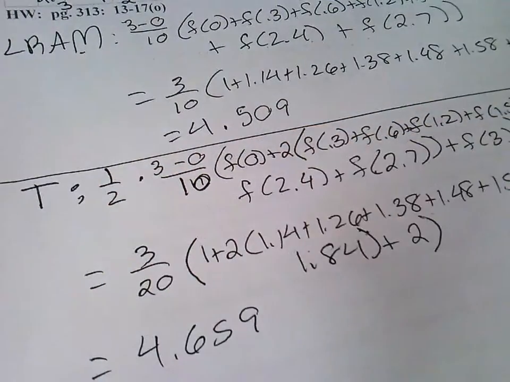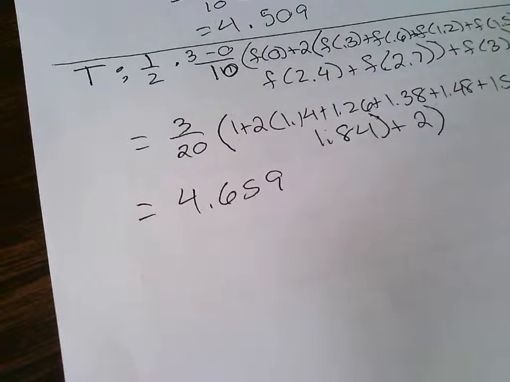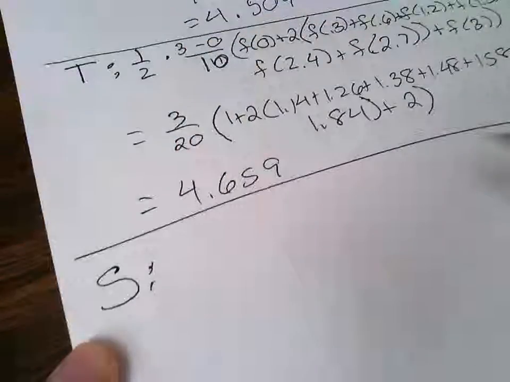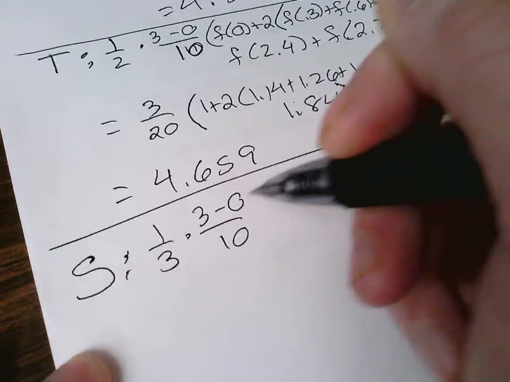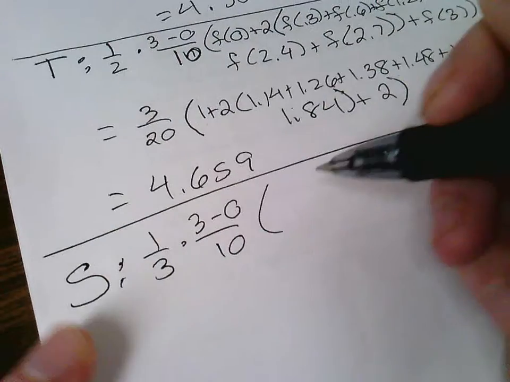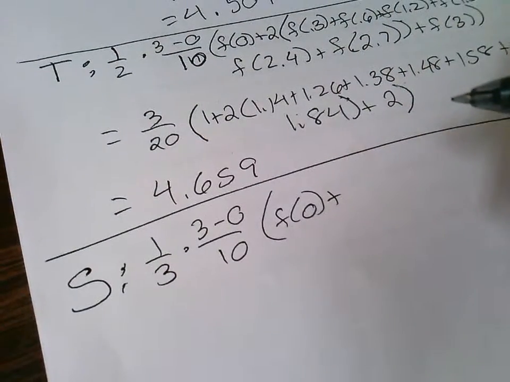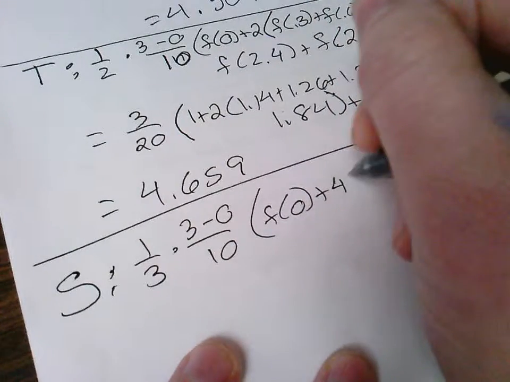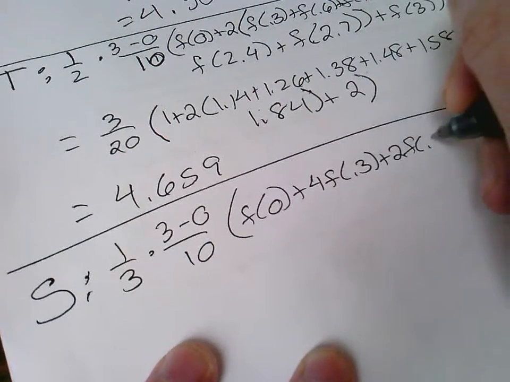Okay, so everything I'm doing is the work that I'm going to want to see on your examinations. Simpson's rule. Okay, so that's 1 over 3 times b minus a over n. So f of 0 plus, I think you start with 4 f of 0.3 plus 2 f of 0.6 plus 4